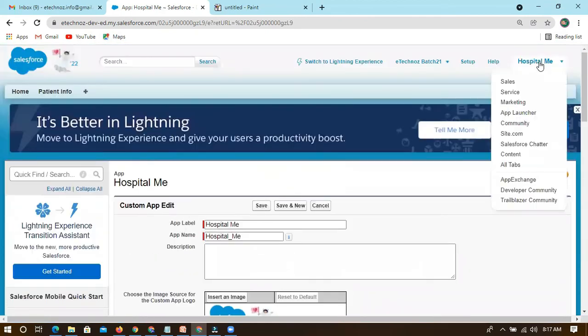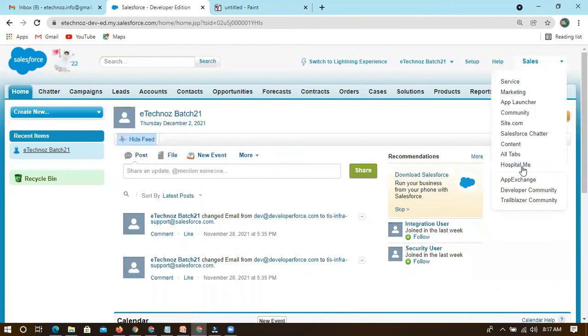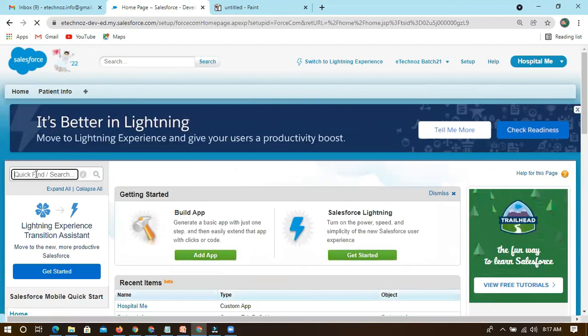Which is already available, right? Hospital Me is already selected. Let's see Sales. So this option is available for Hospital Me, so that we can access Hospital Me. Already I was in Hospital only. So let's go again to Setup, and let's go again to the app.